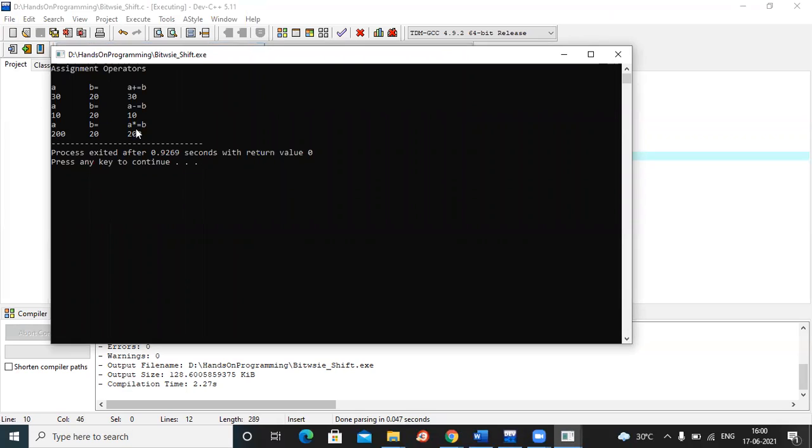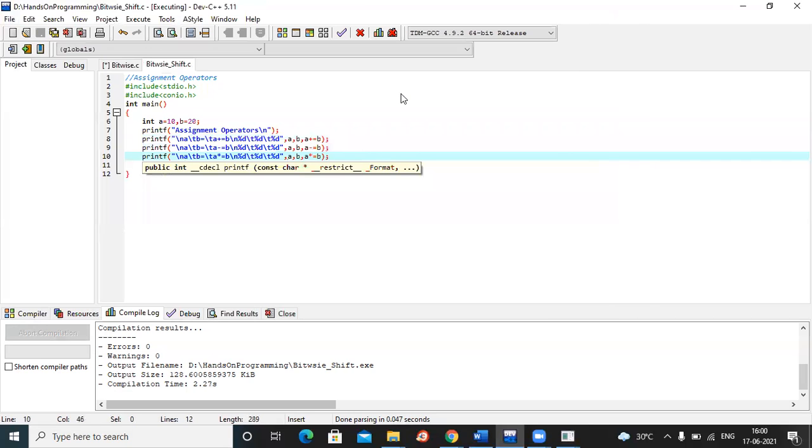Now multiplication, 10 into 20, answer is 200. So you see the value of variable a keeps on changing, updating itself. So that is the meaning of assignment. Every time it is assigning its value. Why? Because I told you that if I'm writing a plus equal to b, it has the same meaning as a is equal to a plus b, a mathematical expression.